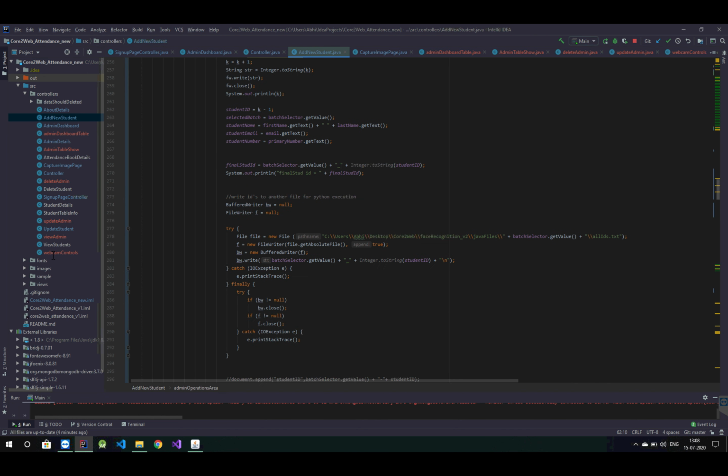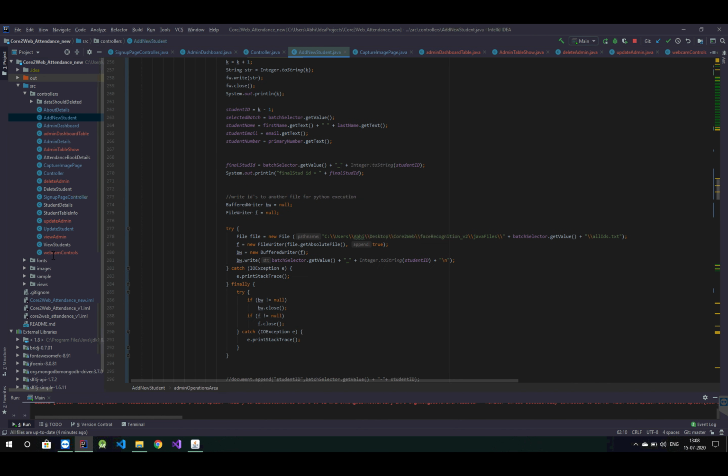So let's see our application first. As you can see at the left pane there is Core2Web Technologies logo. Now let me first show you the sign up page. So here is a sign up page where you can enroll as an admin.